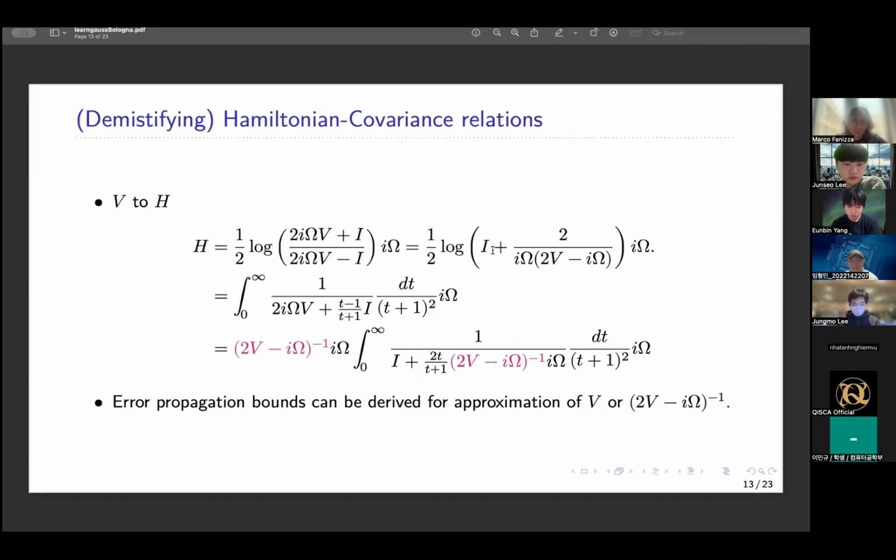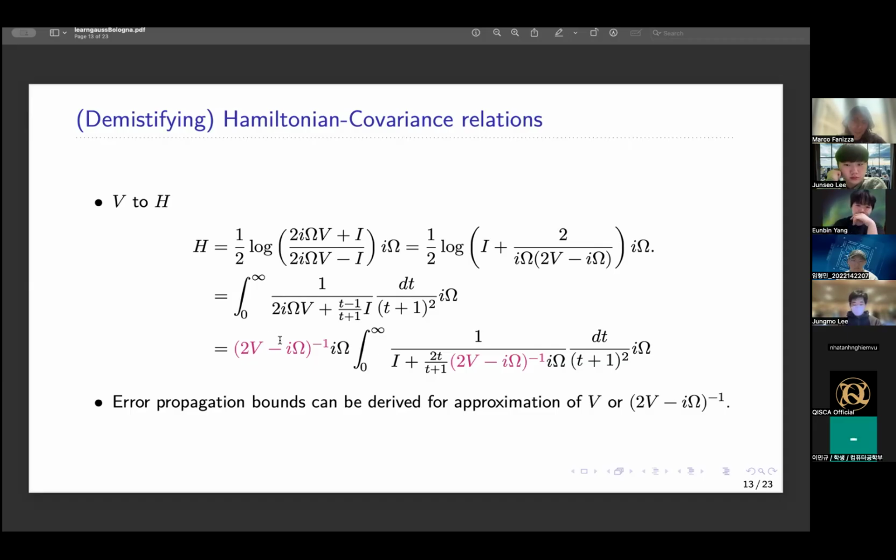Okay, so the core of our algorithms is to understand how to treat this relation between Hamiltonian and covariance matrix. So I gave you before a compact formula, but actually the one that we use is another formula that uses an integral representation of the logarithm,